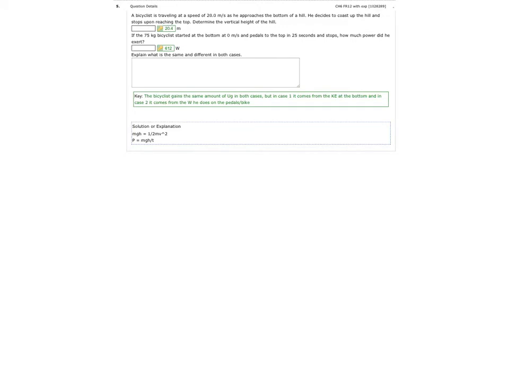And this one says that we have this bicyclist, and they're traveling at a speed of 20 meters per second. And now they're going to coast up the hill. So we're using conservation of energy. So here's my hill. Here's my bicycle person. All right, terrible bicycle person. Yay. And he's going to, or she or it is going to get, I think it becomes a him,